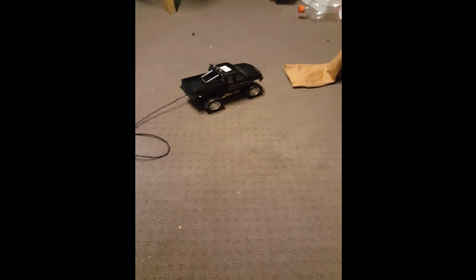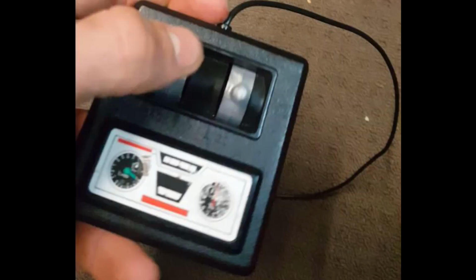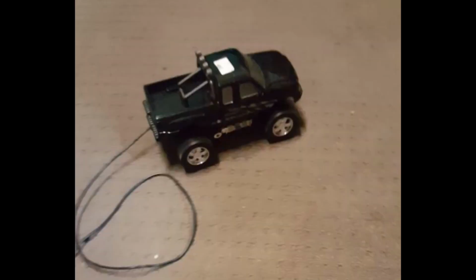remote controlled car I'd ever seen. The remote was wired straight to the car. It had two levers, forwards and backwards, that was all. The big idea was to take this car and convert it so that it would work with a wireless remote